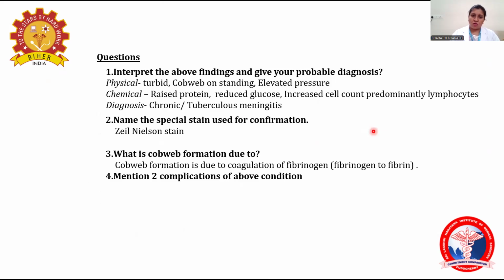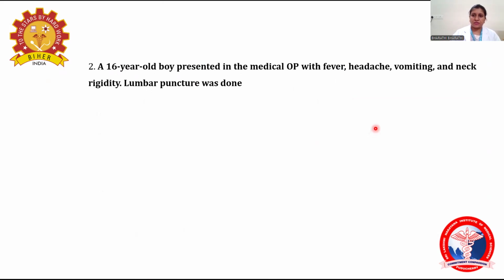Now we have to mention the complications of TB and encephalitis. Meningitis can turn into encephalitis, and because of increased pressure and fluid formation, this is a common clinical scenario for tubercular meningitis. Now the next question is